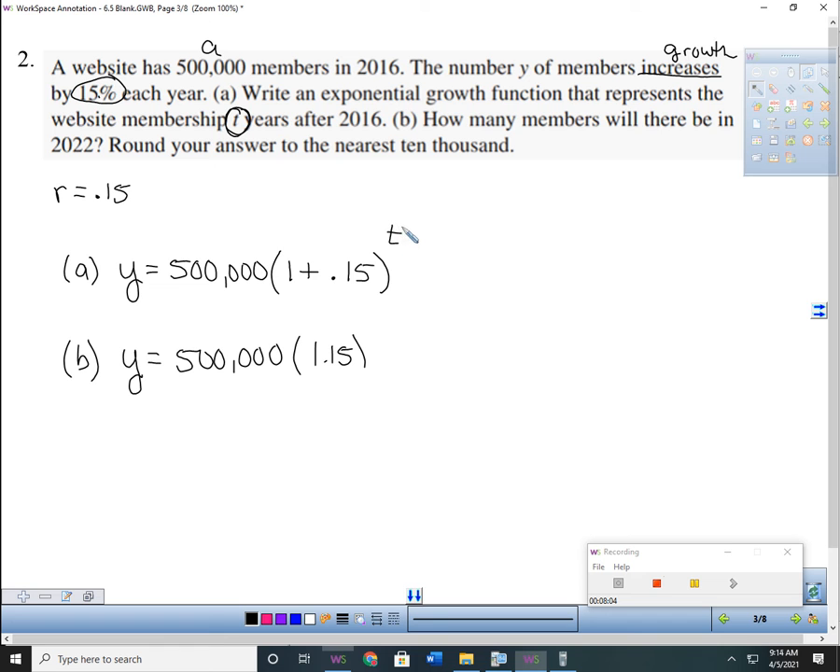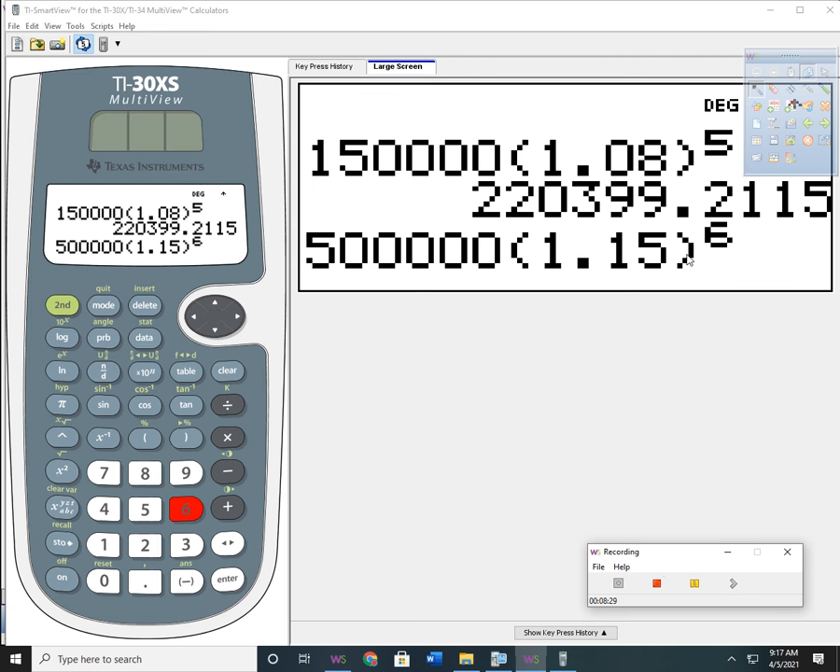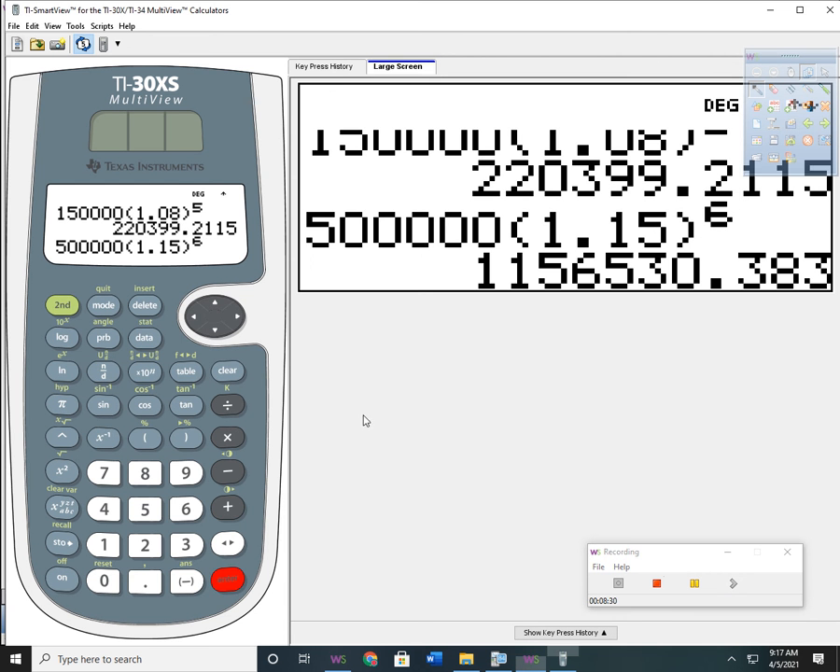And then it says 2022. Now, T represents the years after 2016. So how many years would 2022 be after 2016? 6 years. So I'm going to plug in a 6. And then I'm going to plug this into my calculator. So I plug that in. And I get